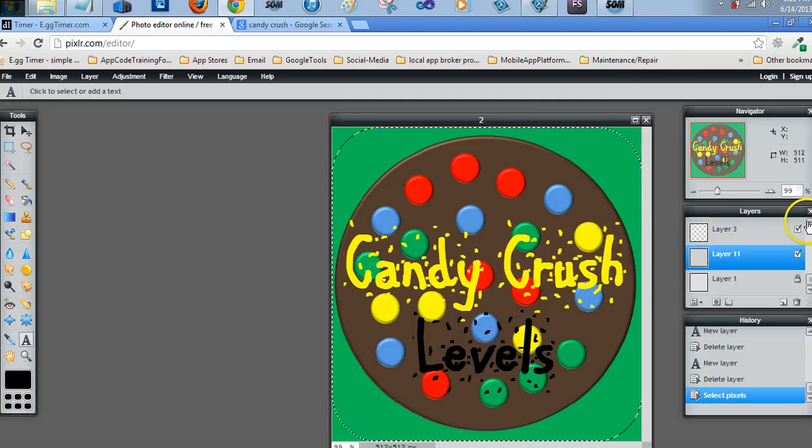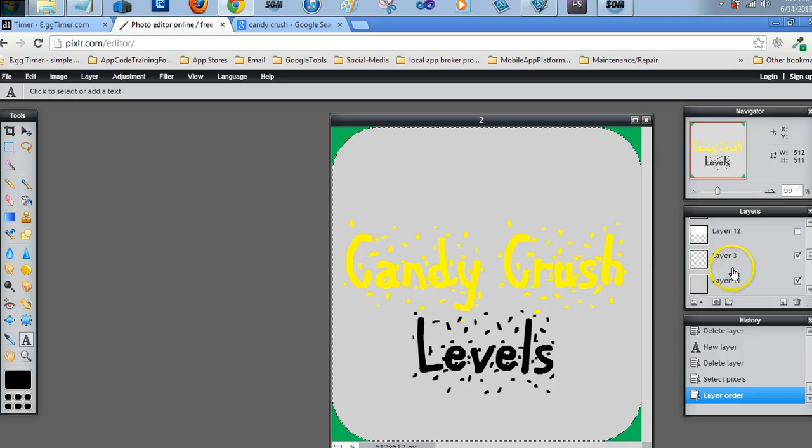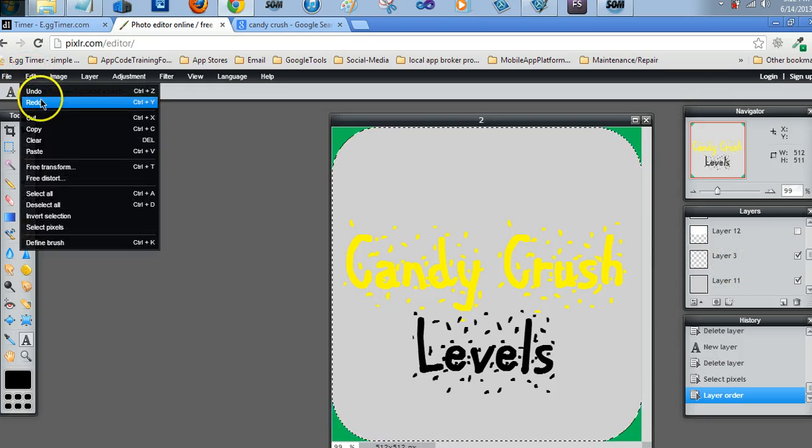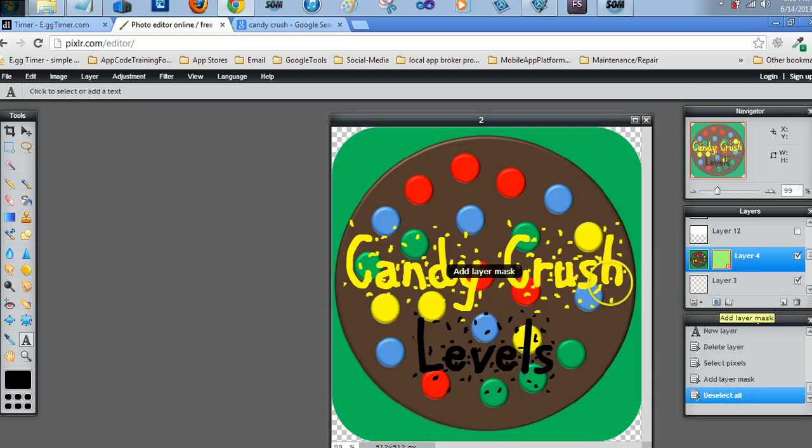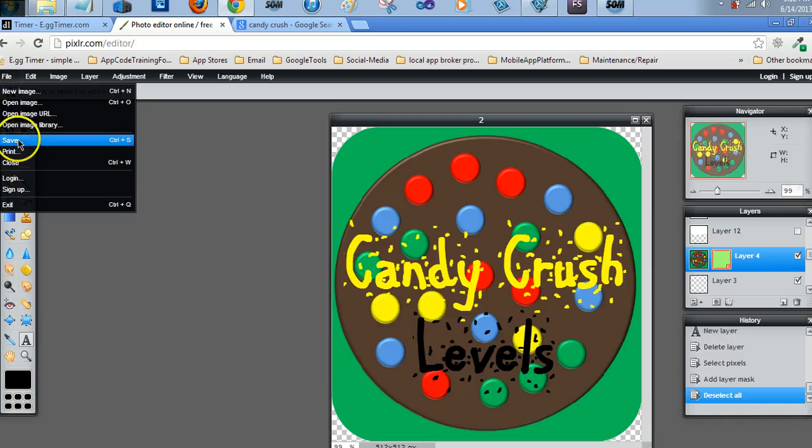And we're going to go to layer 4. Okay. Layer 4. What did I do? No. What happened? Undo. Okay. Layer 4. Going to press circle, right? Add layer mask. All right, there we go. Whew. Okay. File, save,